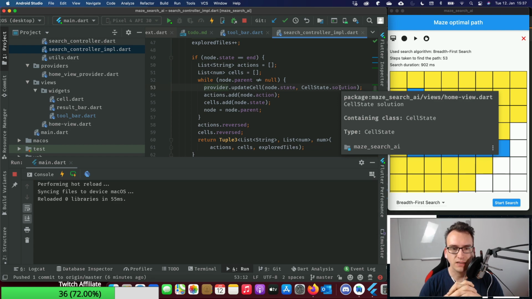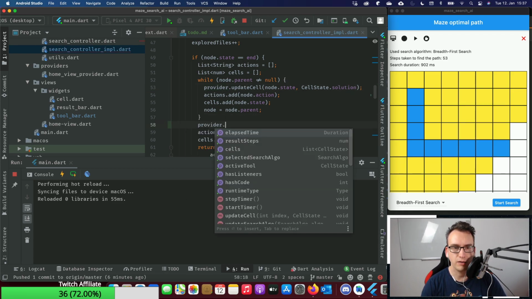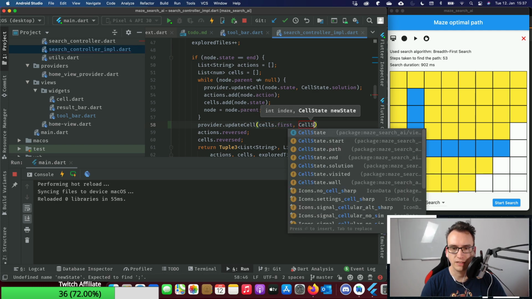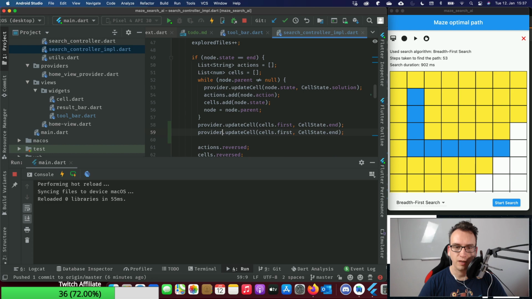So we would have to say something like the first and the last cell or node should be colored as we say it. So like provider.update cell, where we say that the cells.first gets, for example, the cell state.start. No, it's not reversed yet, so it's end. And then we would have the same thing where the last cell gets the start location. It's just a test. I don't know if this will work, but let's see.